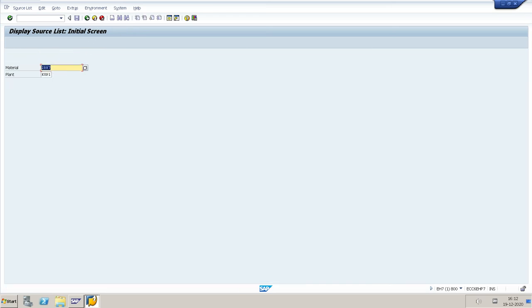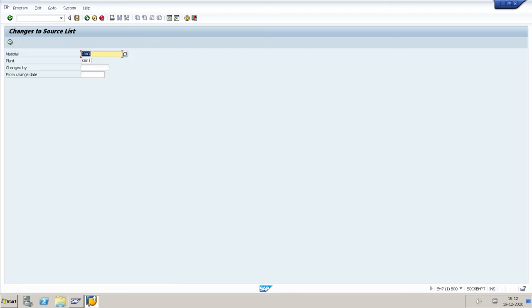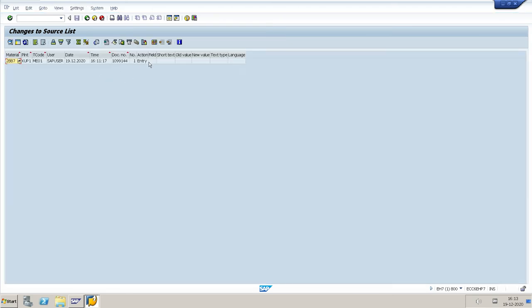You can also see the changes: click on ME04. You give the material and plant. Here there are no changes, since we did not do any changes, so there will not be any entry here.